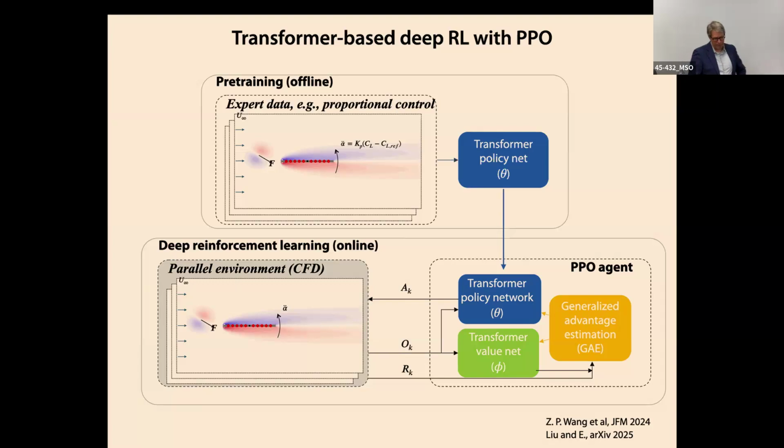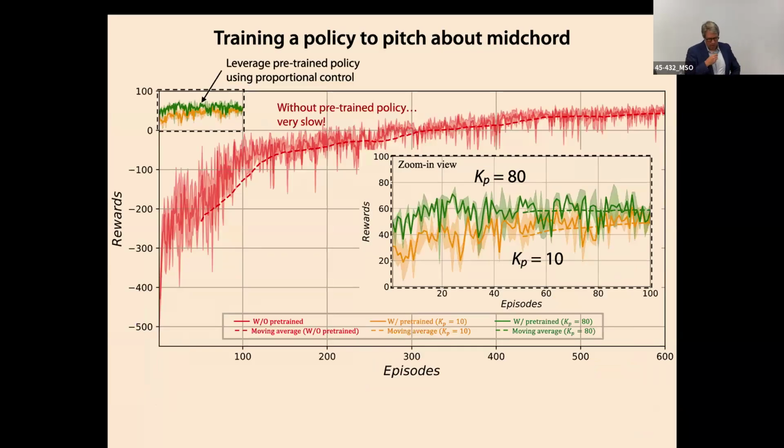One thing that we'll add to this is that we don't want to start from scratch. We want to start from something we already know works pretty well. Linear control is a good starting point. So we should start with something we know how to do, just proportional control, like the first thing you learn in your feedback control theory class. Proportional control says, given the lift's deviation from what we want it to be, let's set the action to be proportional to that.